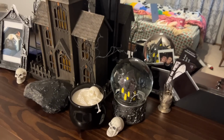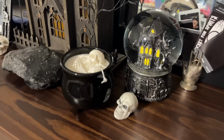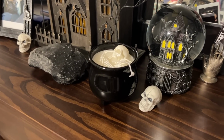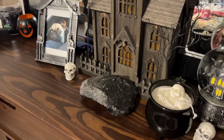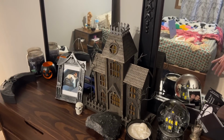I have this haunted house, oh, I think it's backwards. Haunted house snow globe with some mini skull details. I added the Martha Stewart cauldron melting skeleton candle. We always have this black quartz on the dresser. I added a Target